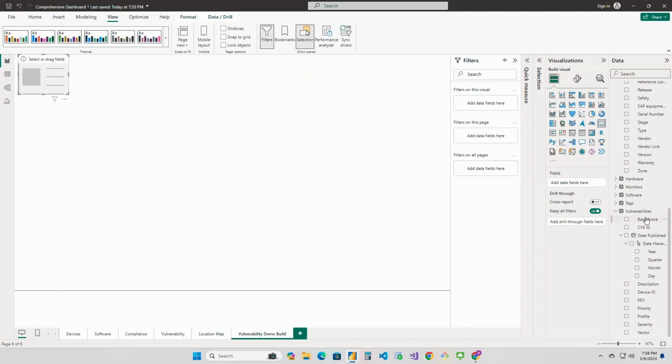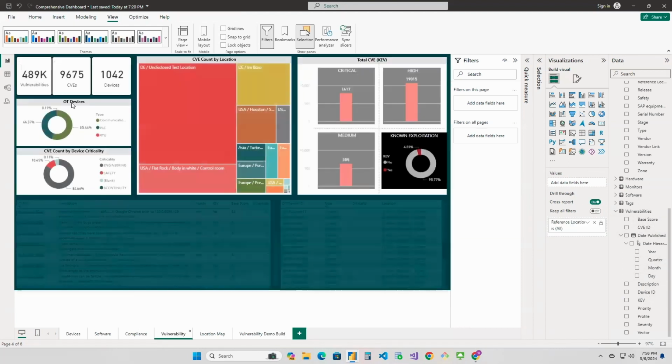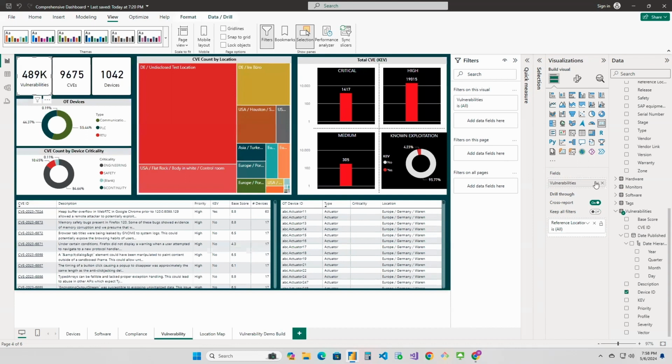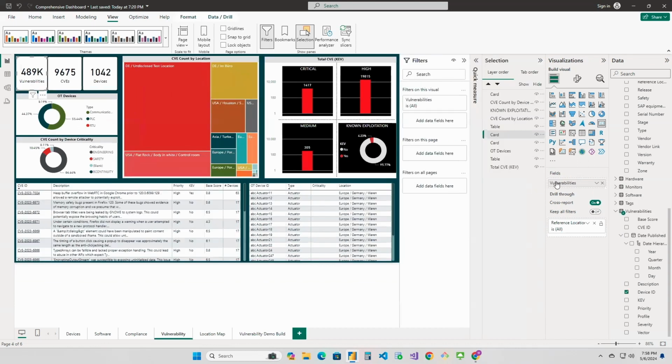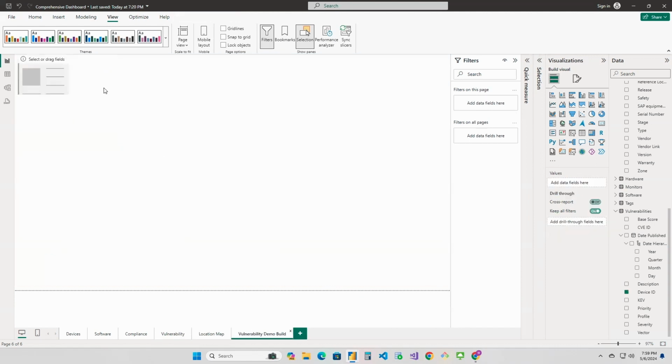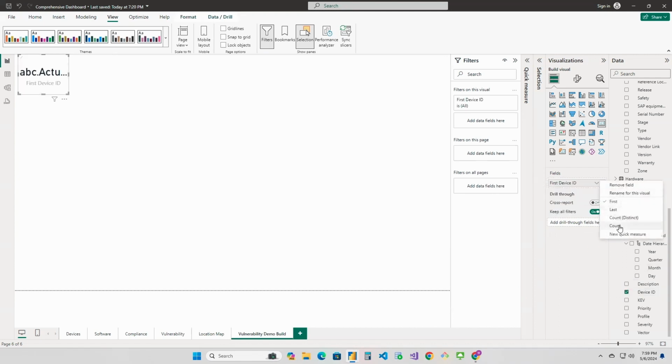And for the first one, vulnerabilities, let's see what we dropped in over here. If you hover over, good tip here, you can see what you used. So we used the count of the vulnerabilities device ID. Great. So we come back over here. We're going to do count of device ID within the vulnerability section, and we'll do count. There we go. And we renamed this by simply clicking the drop down, rename to